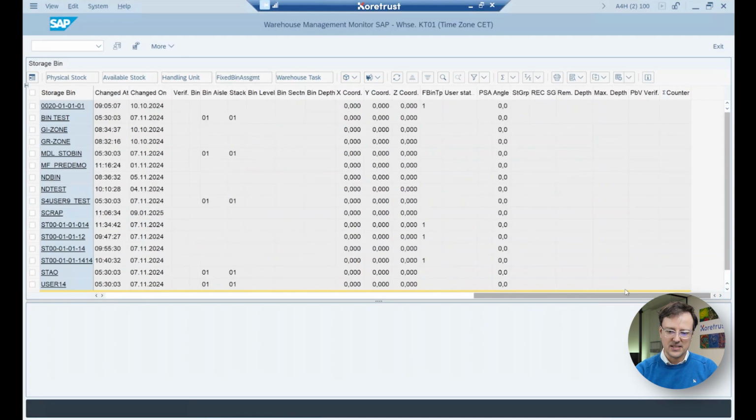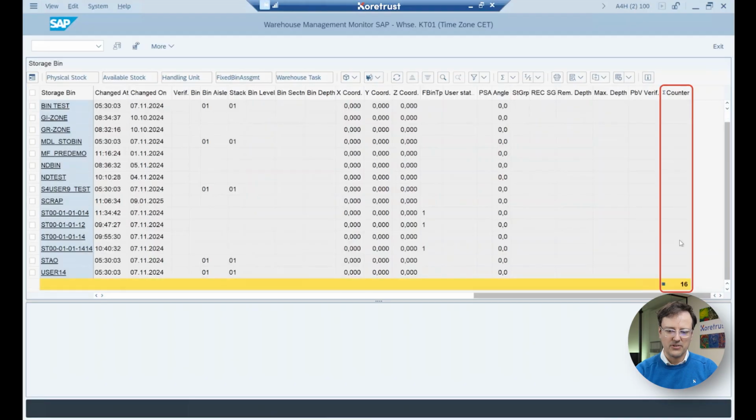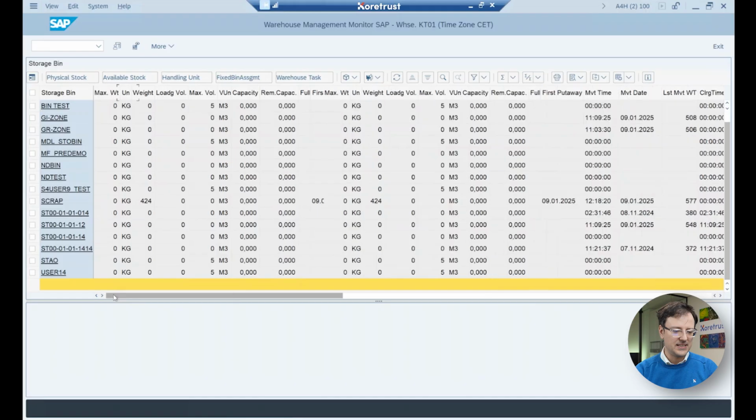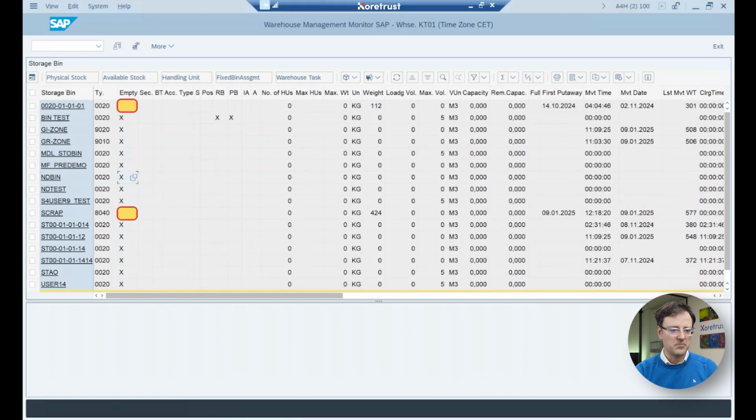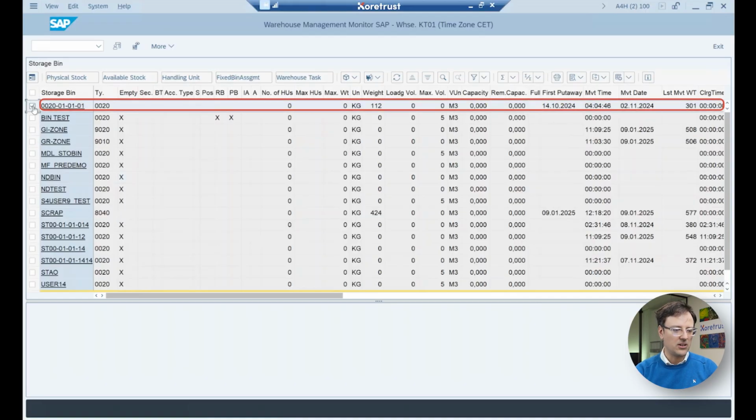Actually, how many bins? Let's have a look here on the far right. You see we have a counter. There's only 16 bins total in this warehouse number KT01, and only 2 of them have some stock inside. The rest is empty. If I wanted, for example, to check what's in the bin 0020, I could select this